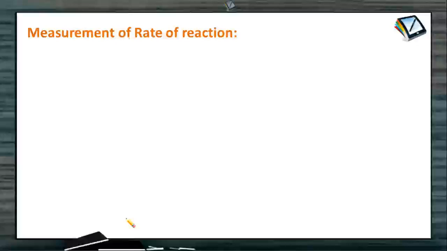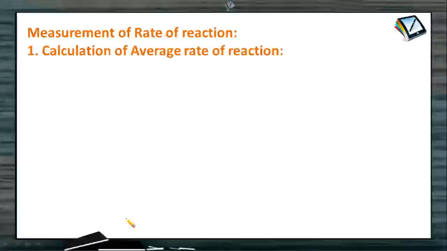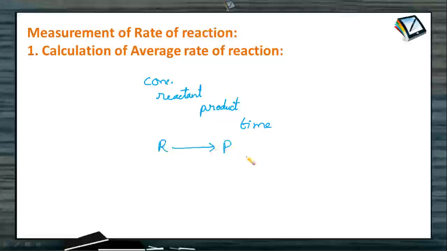Now let's understand how to measure the rate of reaction. First, let us calculate the average rate of reaction. In order to measure the rate of a reaction, the progress of the reaction is followed by studying the concentration of any one of the reactants or the products at different intervals of time. So when we consider a general reaction where reactants are converted into products, to calculate the average rate of reaction